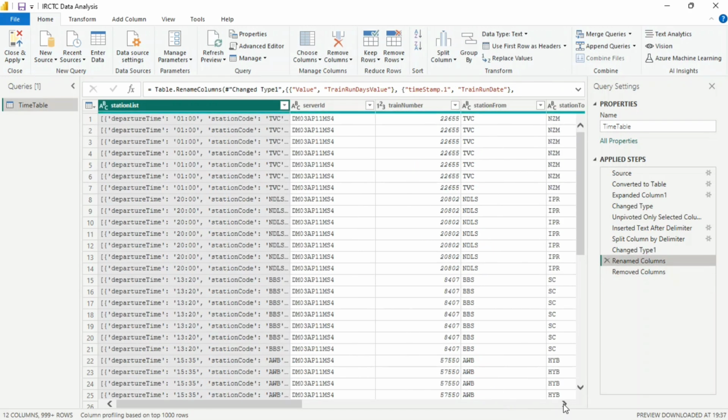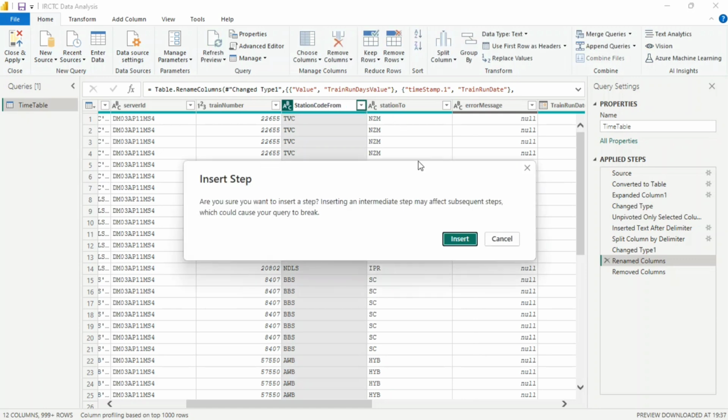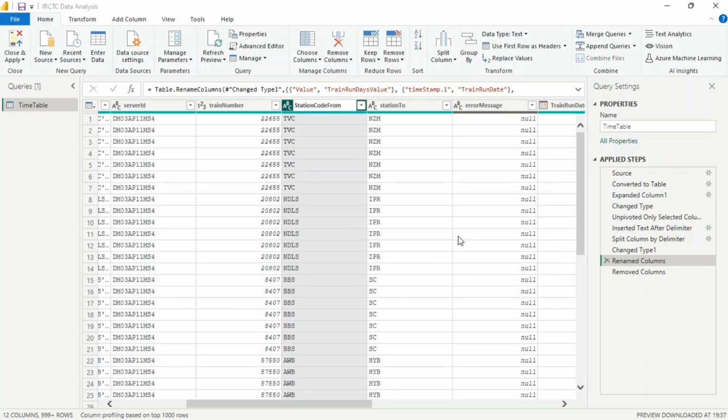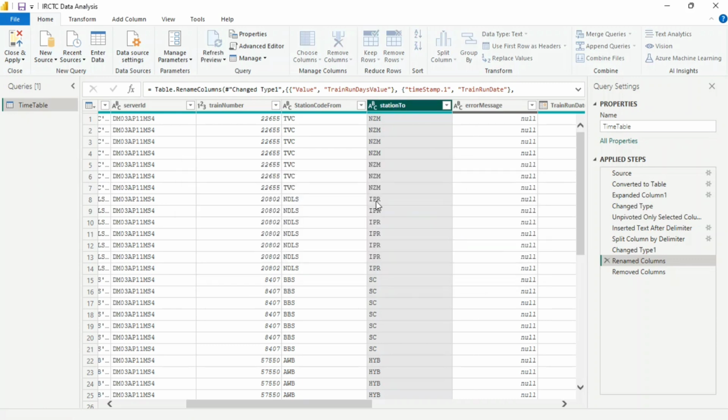If we have station code from and station code to. Okay, now we will be looking